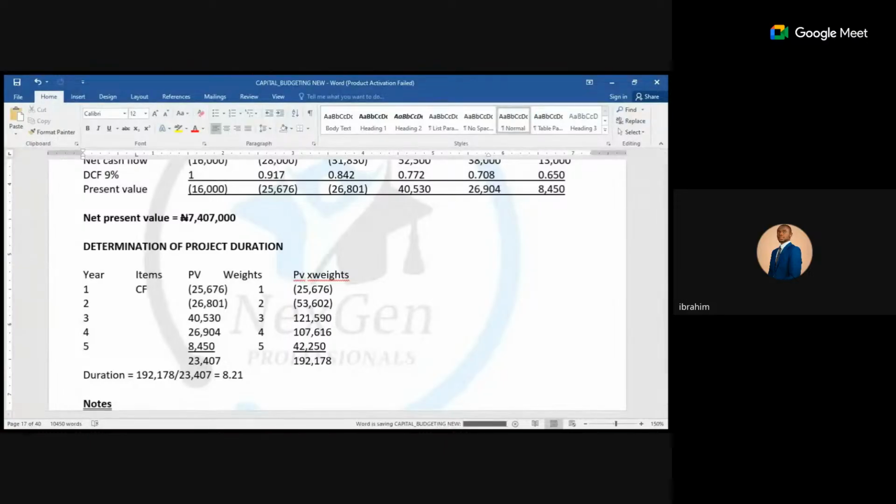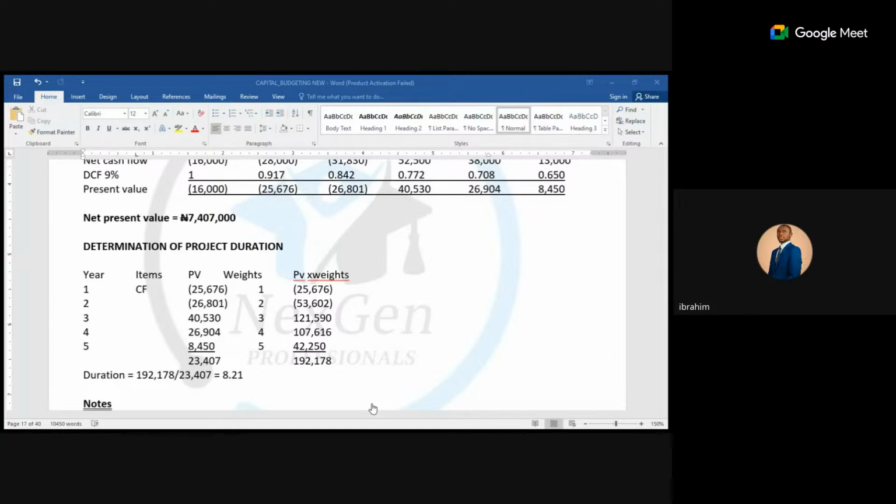If the project is what is it called? The project is 5 years. It will not take you 8. Now, technically, you can see this question. I purposely say I want to introduce the project duration. We'll move now, right?